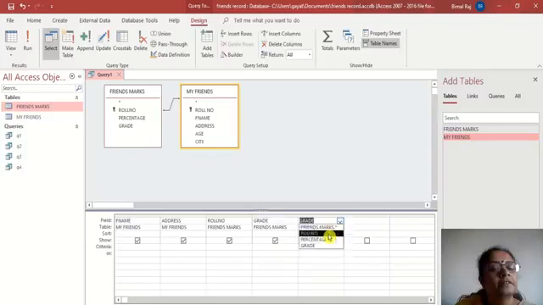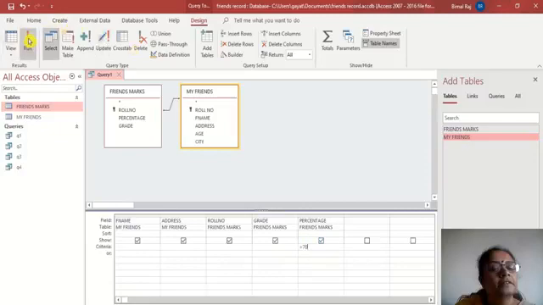And what I want, what is the percentage for all those who are having greater than 70. So I gave the criteria greater than 70. I am going to get the friend name, address, roll number, grade and percentage. And what is the criteria? For all those who have got greater than 70% marks.